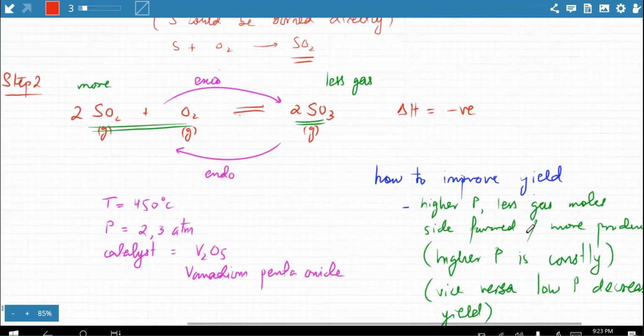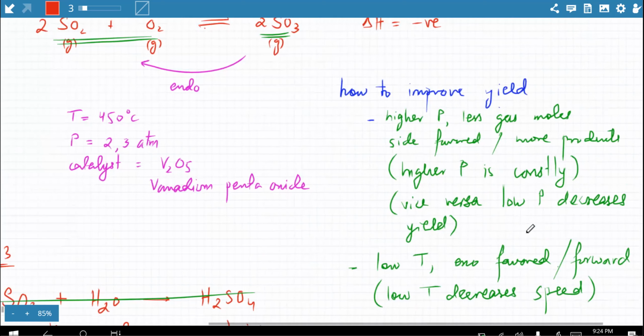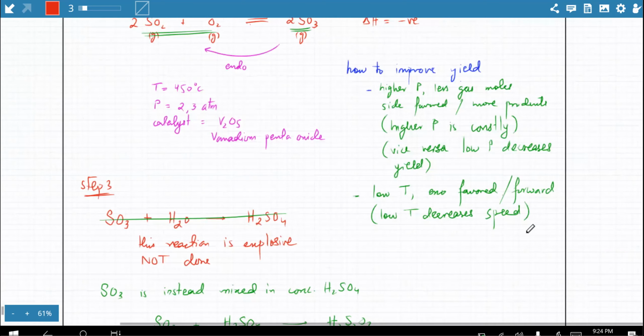When SO2 is made, the next step is SO2 is reacted with oxygen to form SO3. Remember this equation. This reaction is exothermic and reversible and it's very hard to do. So it's 450 degrees, 2-3 atmospheres, V2O5 catalyst. Lots of conditions are needed. Then the improve yield part: if you use a high pressure, fewer gas moles on the forward side would be favored, more forward reaction. And since the forward reaction is exothermic, Le Chatelier's principle says decrease the temperature, low temperature, then also the forward reaction will be favored. But the issue is it's not going to be a very fast reaction at low temperature. Particles would have less kinetic energy.